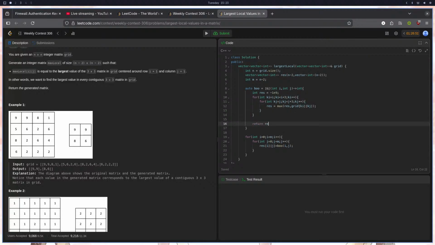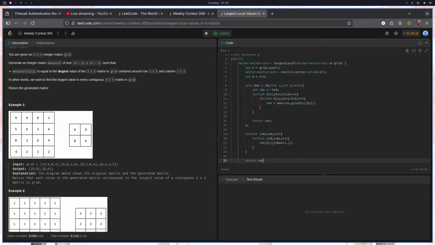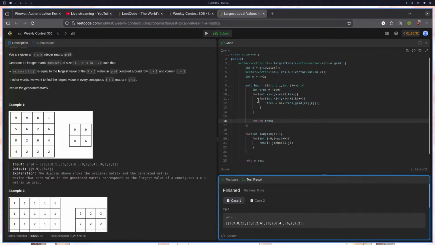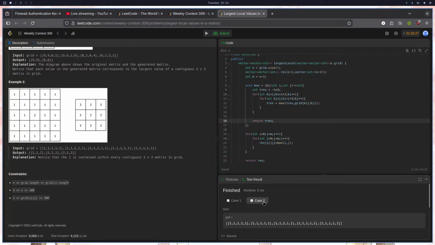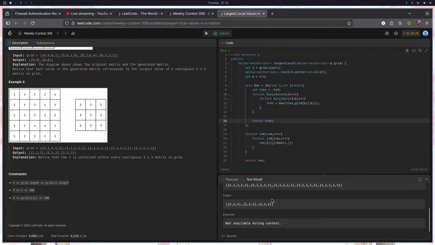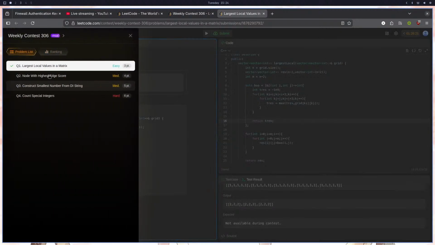Return res. Should do this as t. 9986 and then submit. Okay,